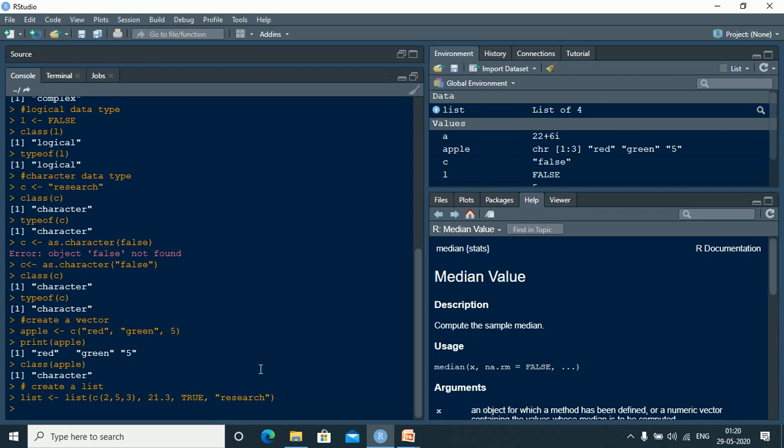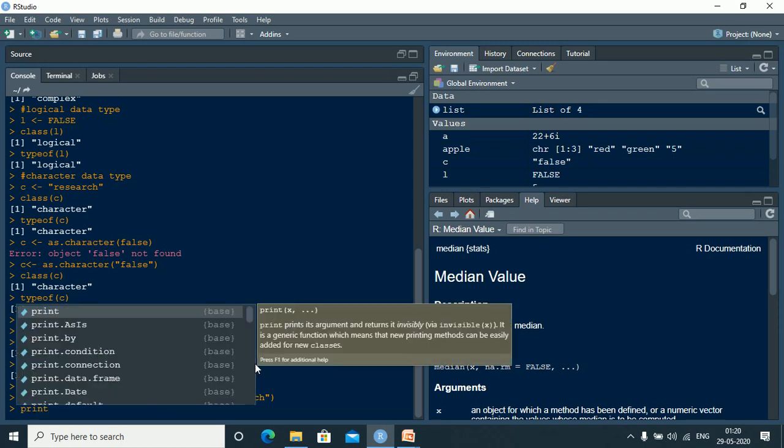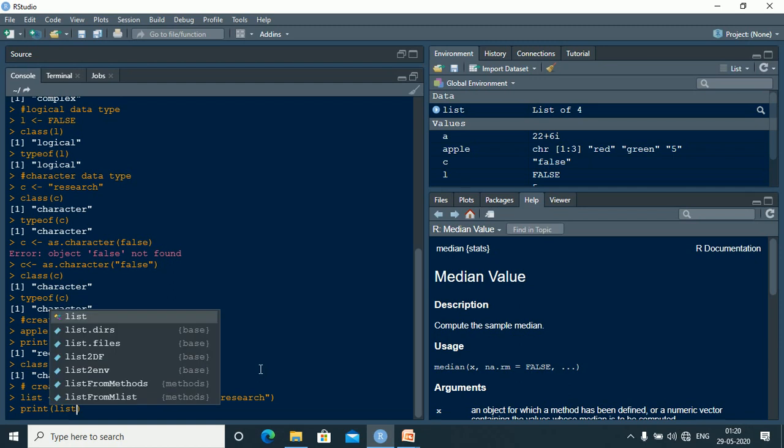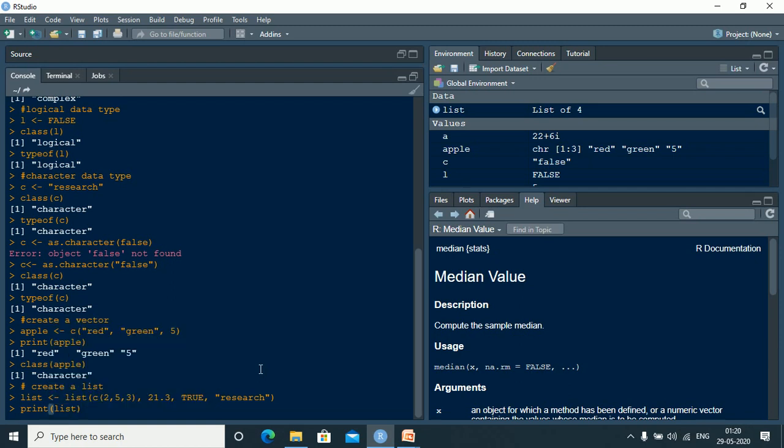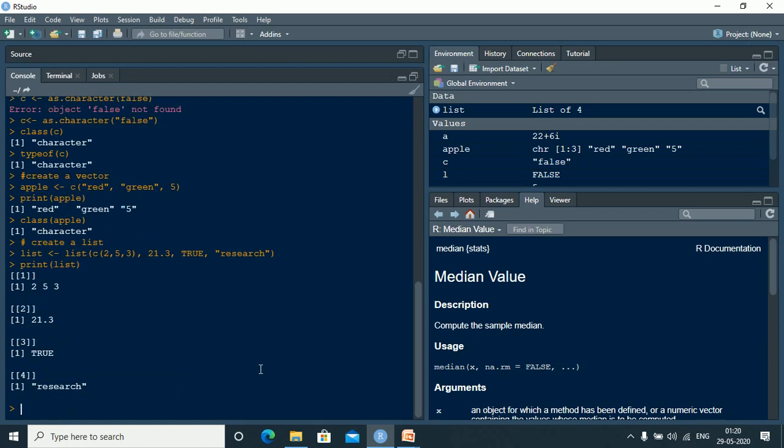Now what do we see when we print this list? You see four different types of data. These are retained as numerics, as logical and as character, right? So we can combine different vectors together to form a particular list.